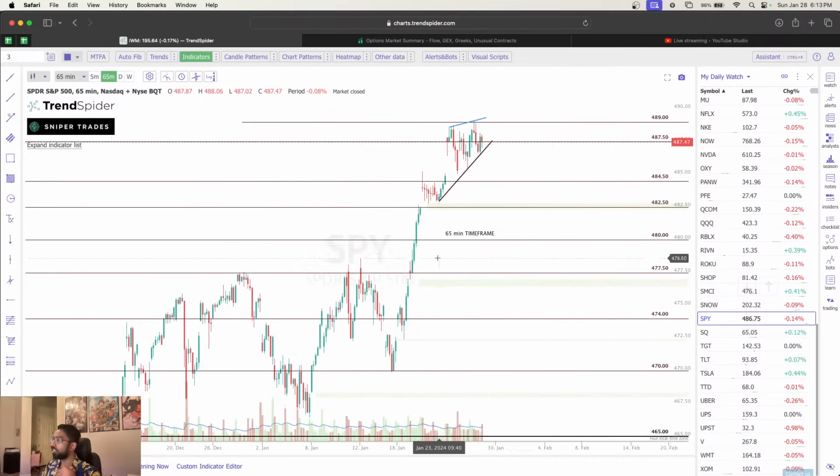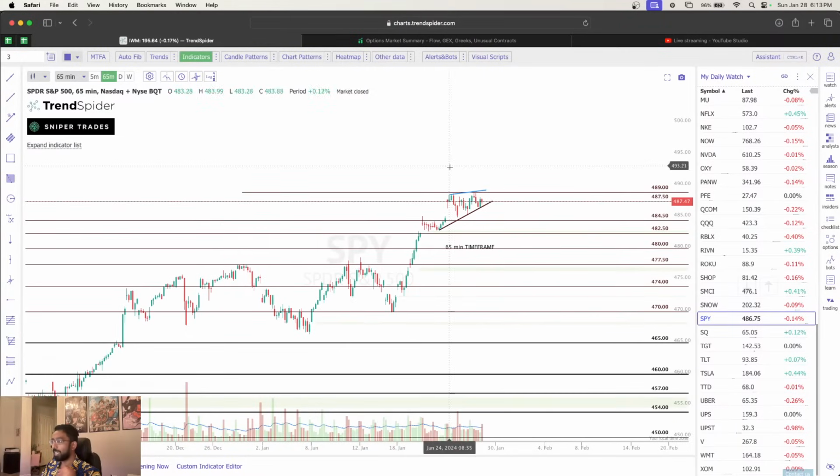Right now, as far as I see, if we do break this bull gap here, we see a dead cat bounce, and then we lose 480 to 50. You have a very, very good chance, I mean it, a very, very good chance that we see 477.50 this week. Because if you see the structure,